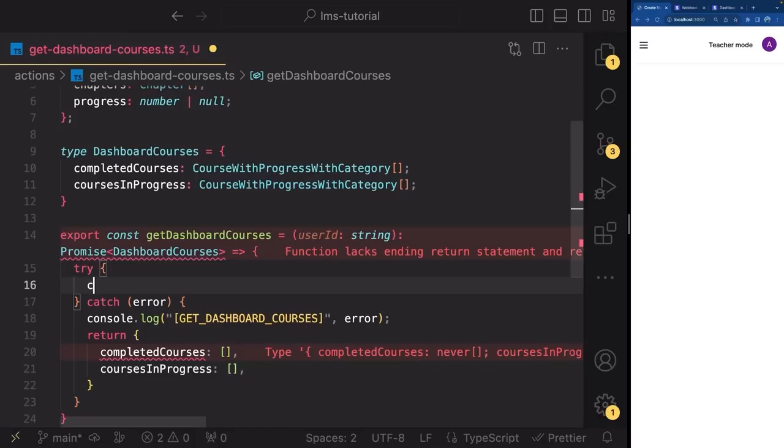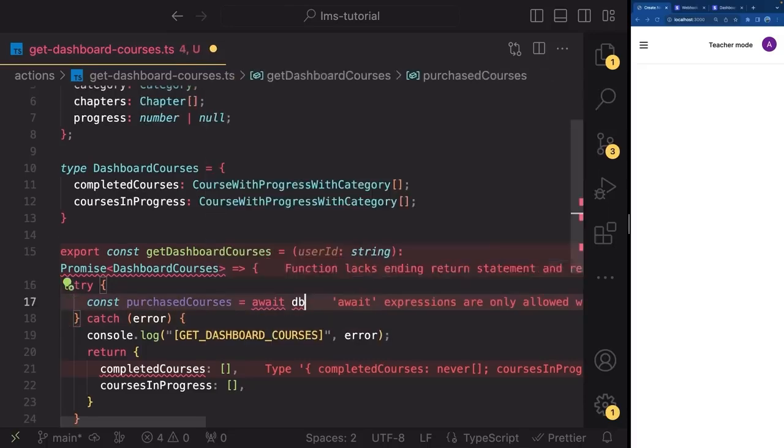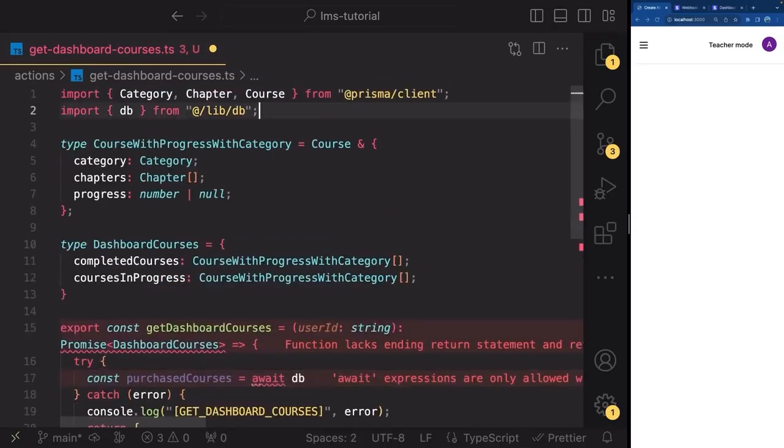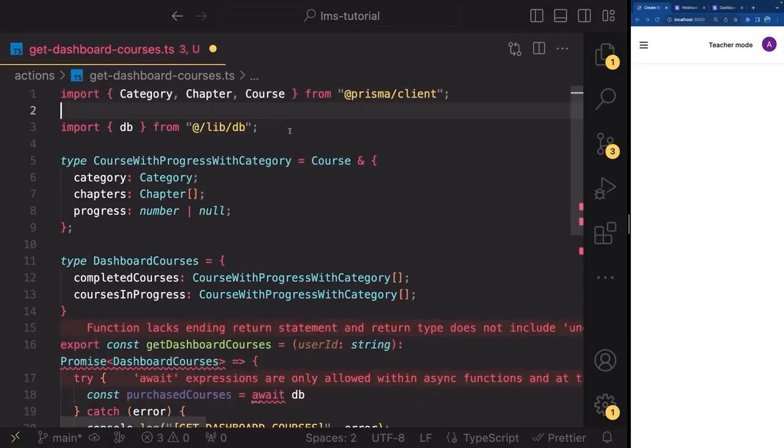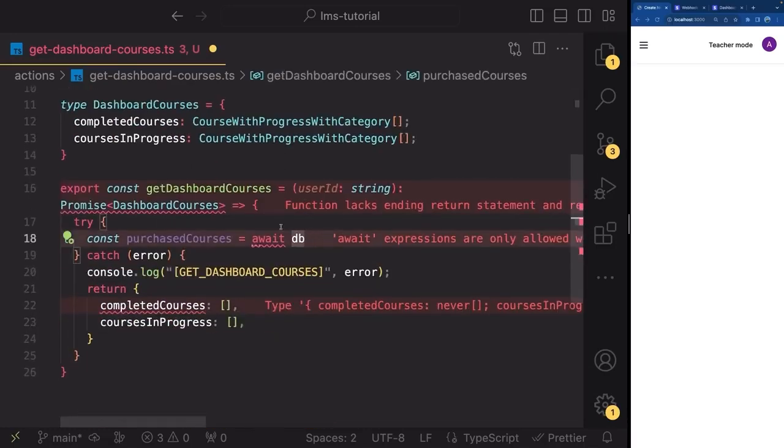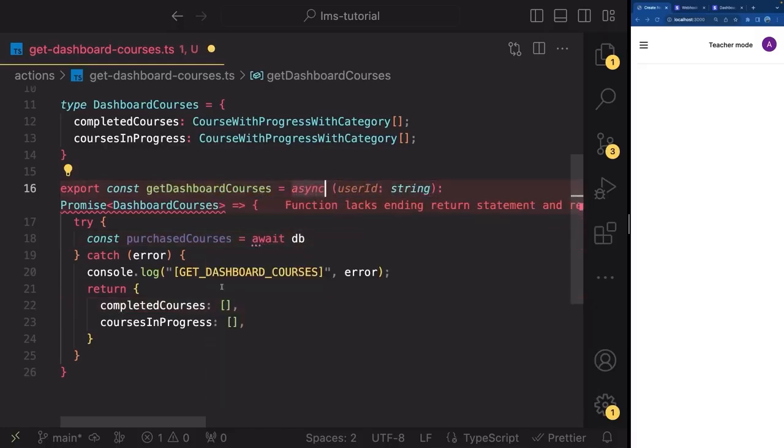Okay. And now what I want to do is go back in the try block and let's write const purchasedCourses, like this. Await db, so import database. I'm just going to separate these imports. Great, and now that we have the database and we added await here, let's also write async here. Oh, that fixed the return error. Okay, great. And now let's write await